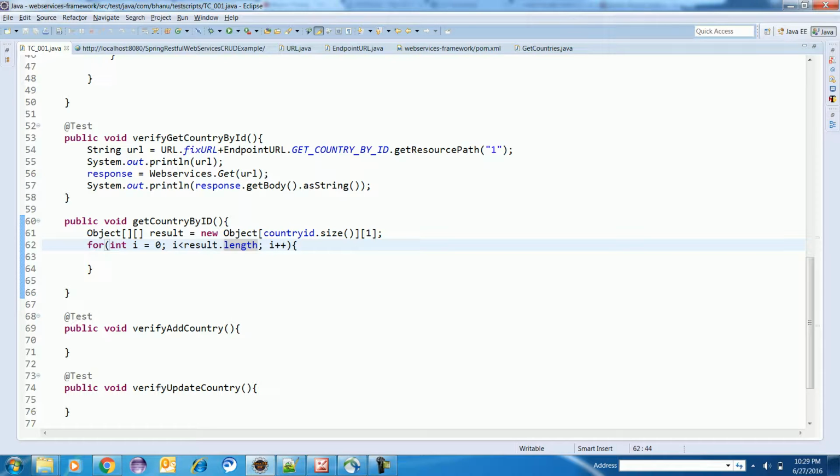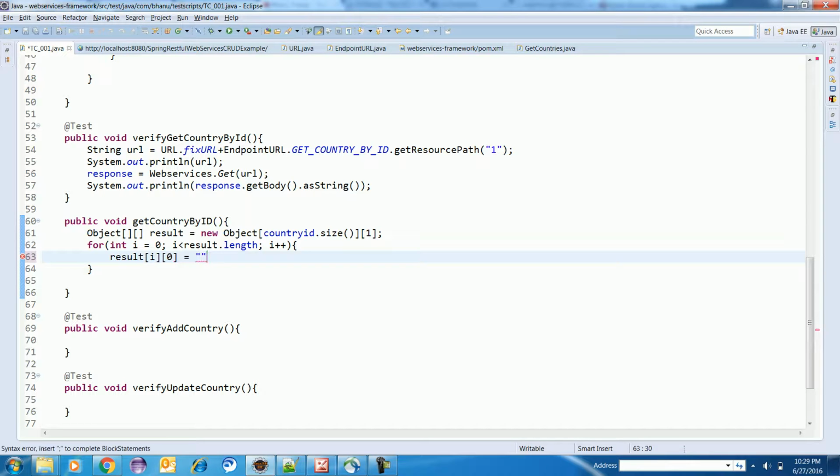Now this result, I will store the data based on i, right, and here I will keep first row, first column always. And how we need to store the data is that it should be in the form of a string.